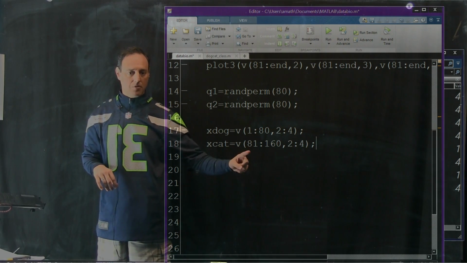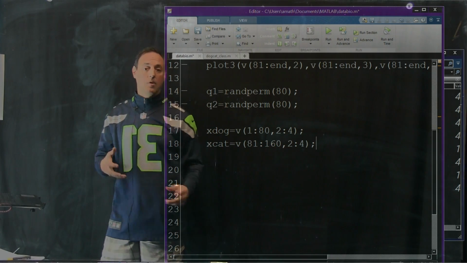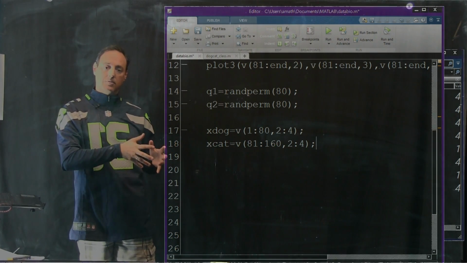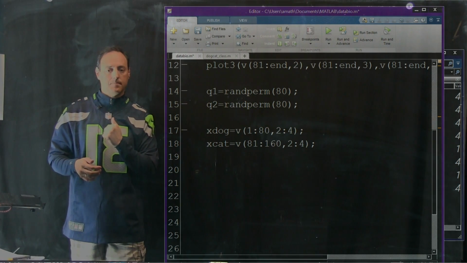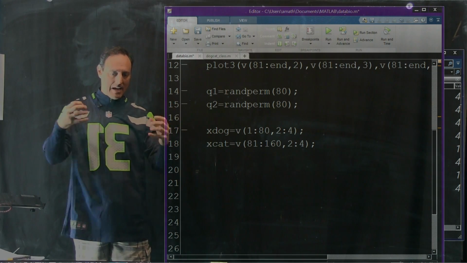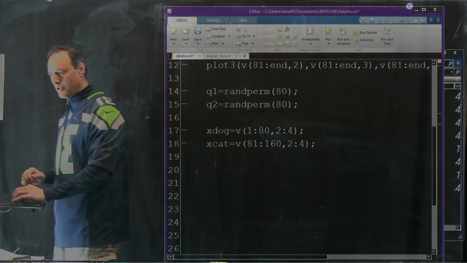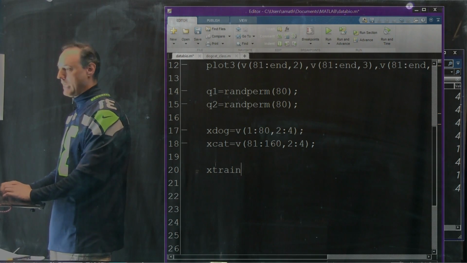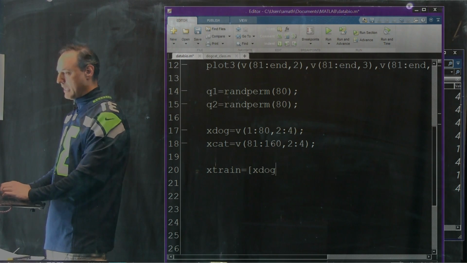For the cat, same thing. Go from column 81 to 160, 2 to 4. So now I've picked 3 features for cats, 3 features from dogs, all from this principal component space. Okay? So that's my data. That is my data now that I want to do the classification algorithm on. So to build a training set, let's call this xtrain. It's equal to, what I can do is take my dog data and take Q1,